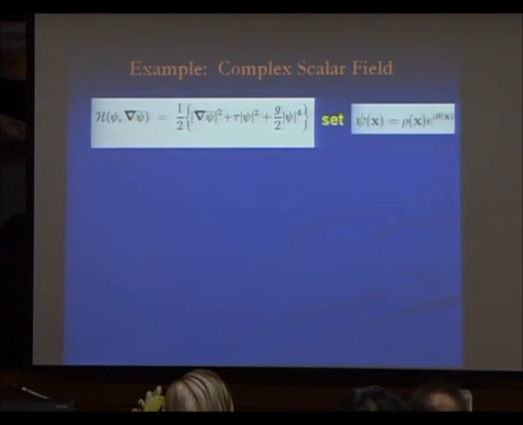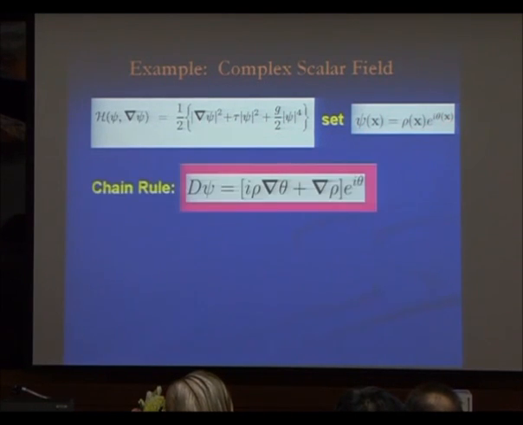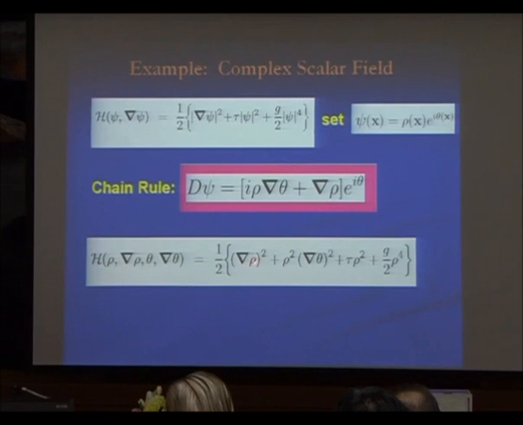So, I wanted to show you that the most important thing about this, the multivaluedness, comes about already in a very simple theory. If you have some psi to the 4 theory, a complex field, you write this as rho times e to the i theta. And if you use the chain rule of differentiation and insert this here, then you get a Hamiltonian, which is gradient of rho squared, gradient of theta squared, and then you see this just rho squared and rho to the 4. And then you think you have done no mistake, because the same theory is just this one.